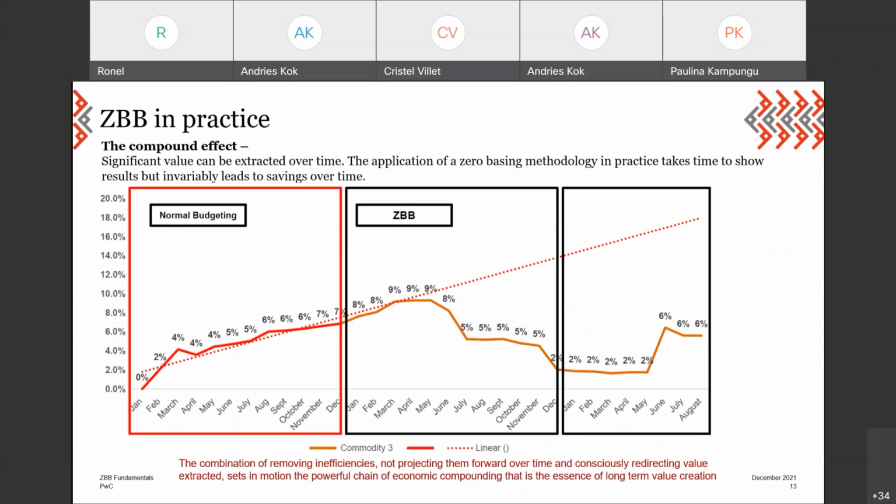Some inefficiencies are very clear and very obvious, and you see them as soon as you look at cost from a level deeper than the GL. If you just start breaking it down, other costs are much more complex and opaque, but starting the process inevitably leads to this sort of divergence that happens over time. And I think it's important to note that it's about being agile in our way of budgeting and the way we think about our business, and not having that in silos to achieve what we're seeing on the screen here.